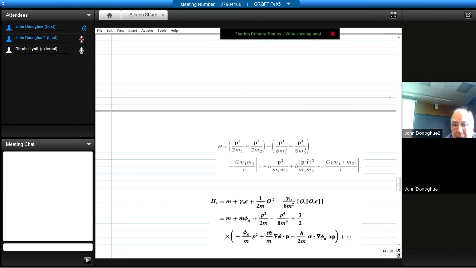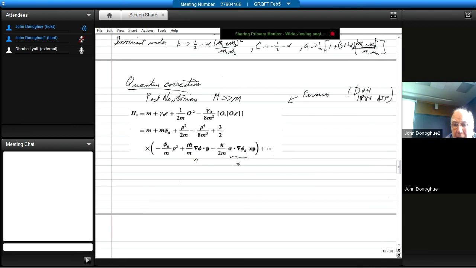The next thing I'm going to do is turn back to gravity, and I'll do T mu nu for gravity, and then quantize the gravitons, showing that they have the right energy momentum and polar